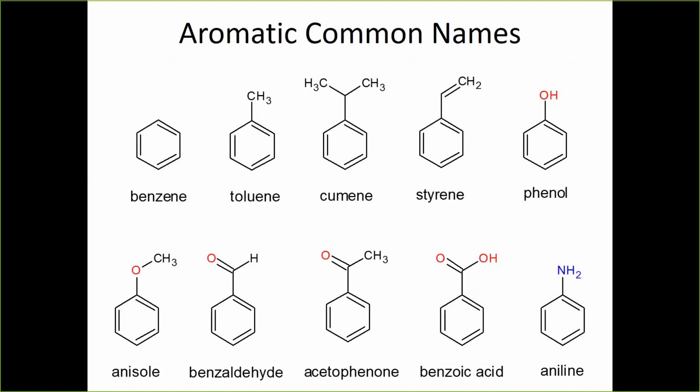All right, we've already talked about some of the different substituted benzene rings. Unfortunately, again, aromatic chemistry is old chemistry, and so most of these have common names that just have to be learned. You've already seen benzene at the far left, and we have not mentioned this before, but it's important to know: benzene is an IARC 1 agent as well, so a known carcinogen. It causes a lot of leukemias as well as aplastic anemia. The one next to it is toluene, and toluene is important because that's a compound that gets deliberately abused sometimes. It can cause a psychoorganic syndrome. I'll talk more about it in just a minute.